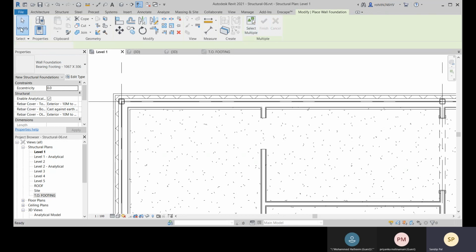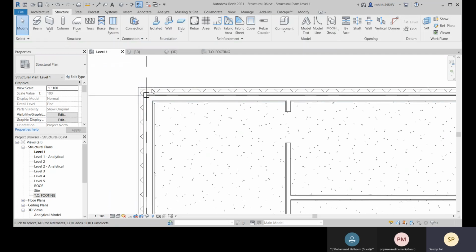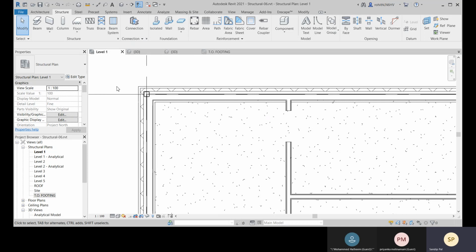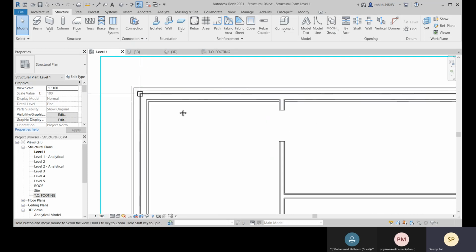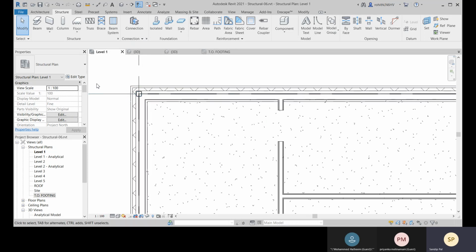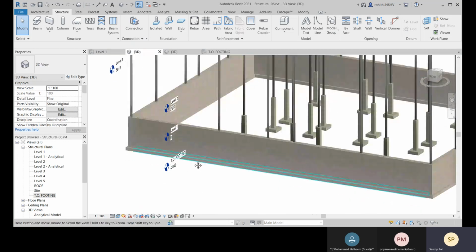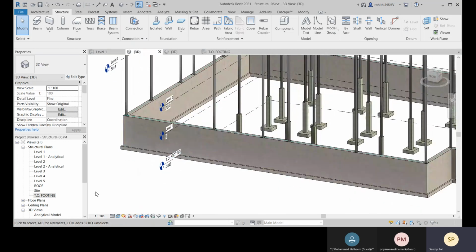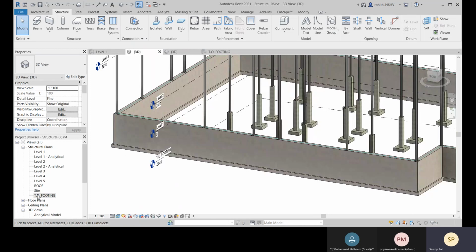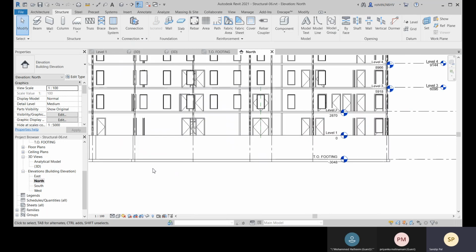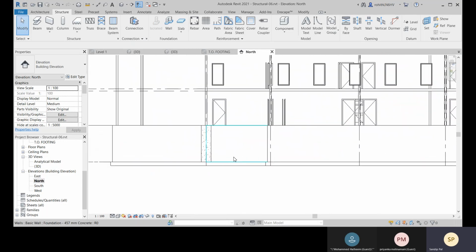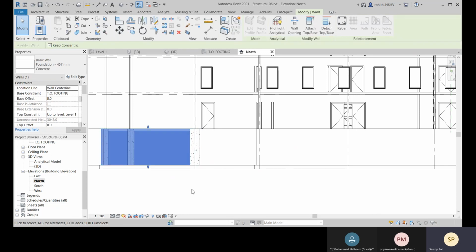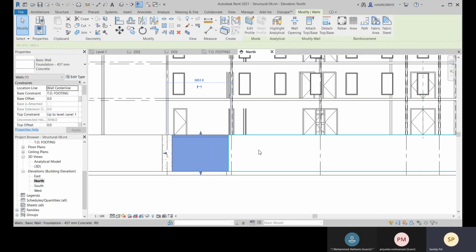So here you can see, right, that it can be placed only one time on the wall. So if you are trying to place step footing for your wall foundation or foundation wall, so there you can do it, like you can switch it to any view, like elevation. There you can go for this elevation there, and there you can change this wall foundation there.